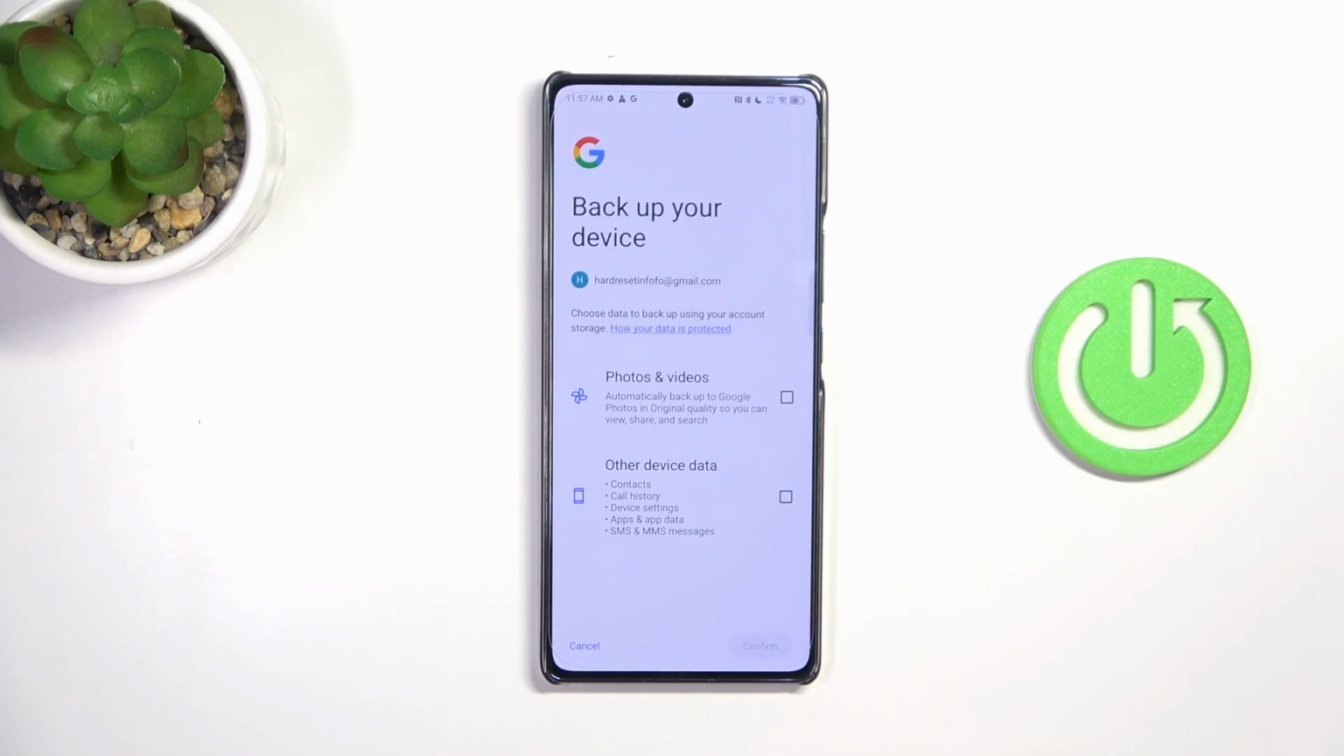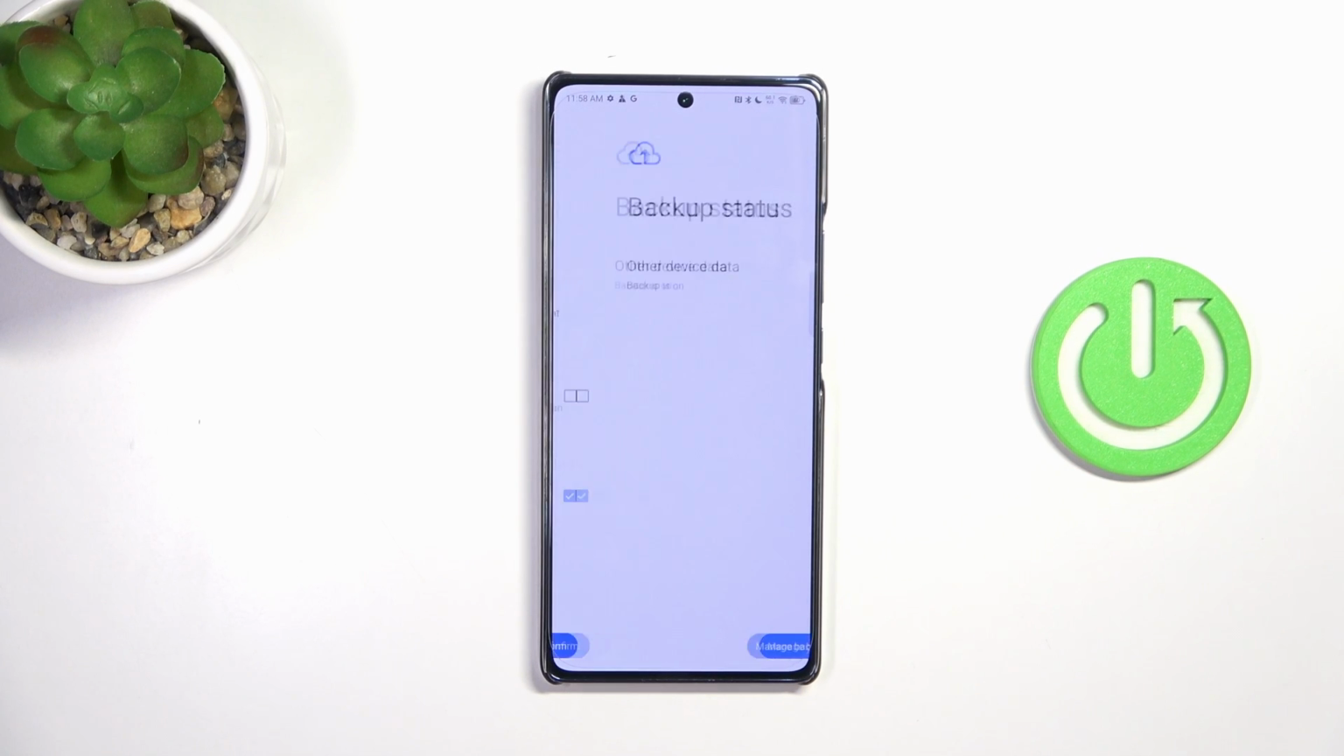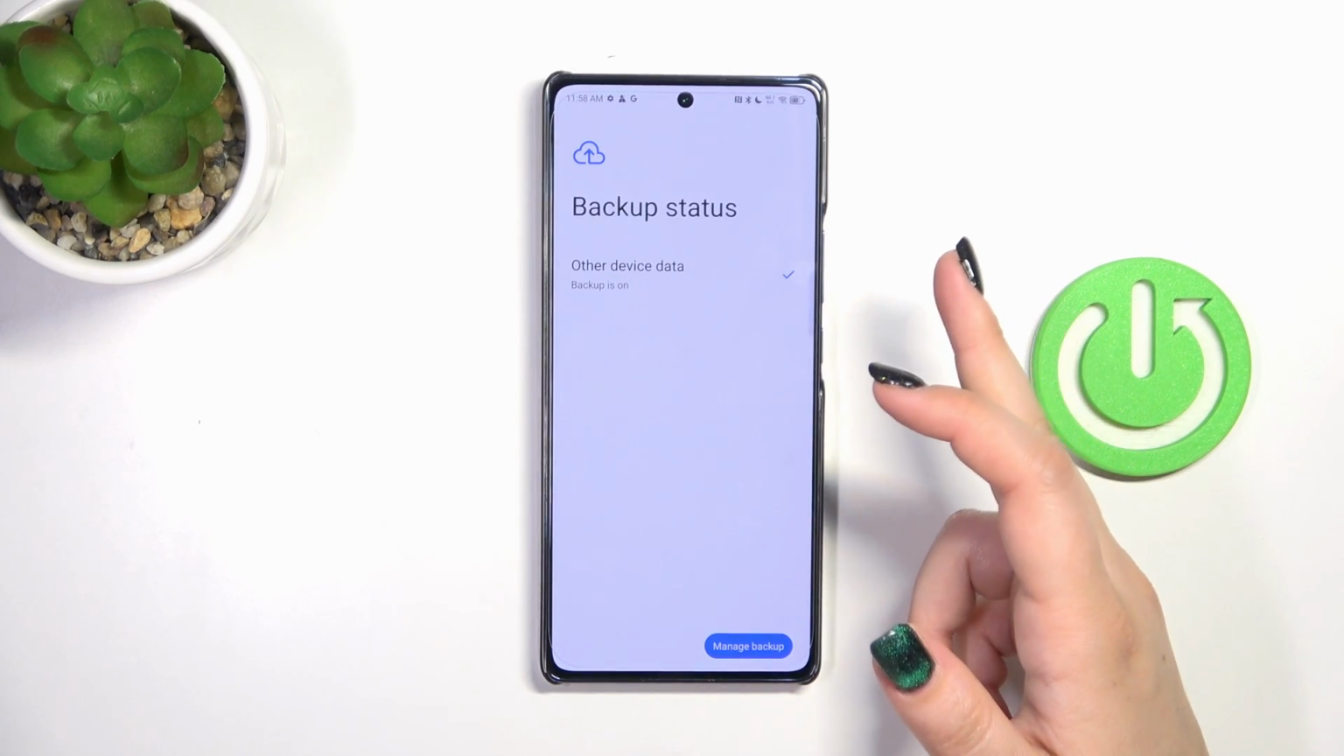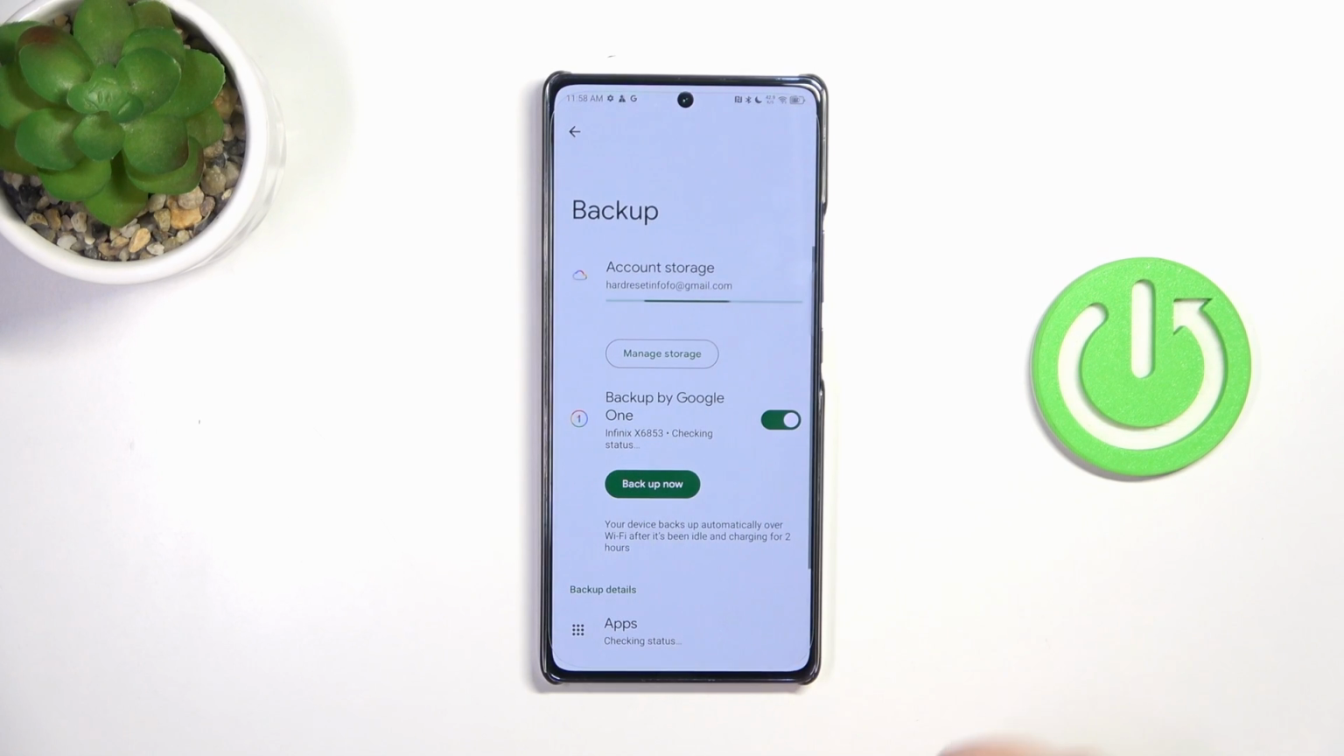Here you can decide what you want to back up from the device, so photos and videos and other device data like contacts, call history, device settings, text messages, etc. It's up to you. I will choose only this one, but of course you can also mark photos and videos and tap on confirm. And as you can see, the backup is on, so we can tap on manage backup,